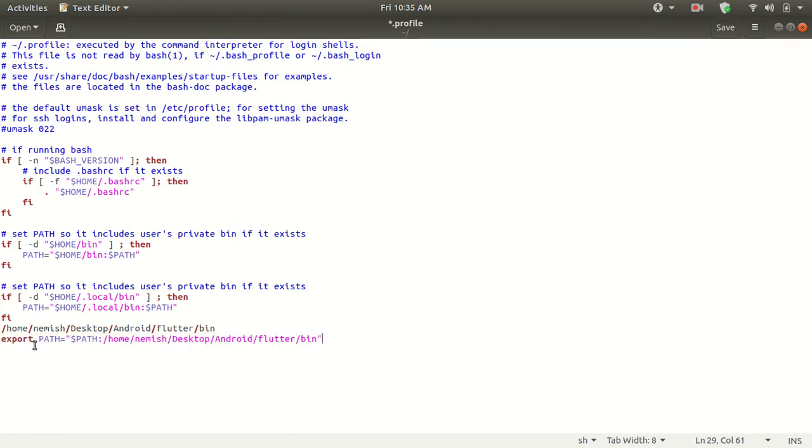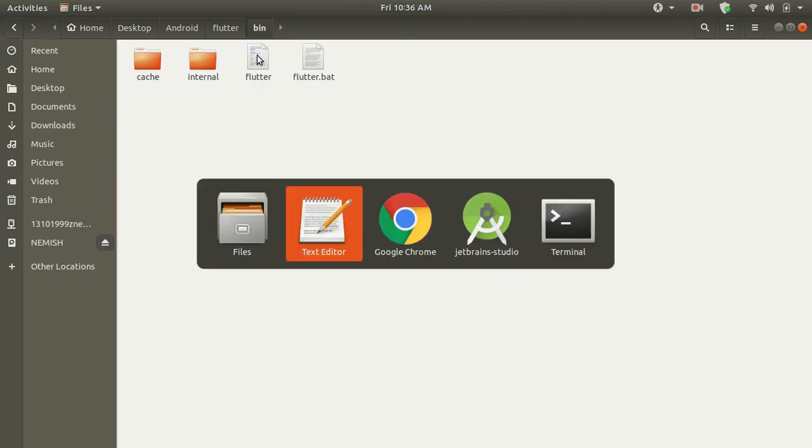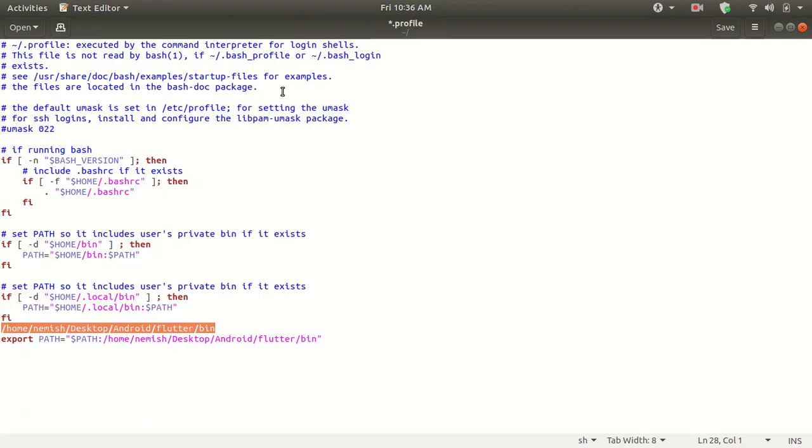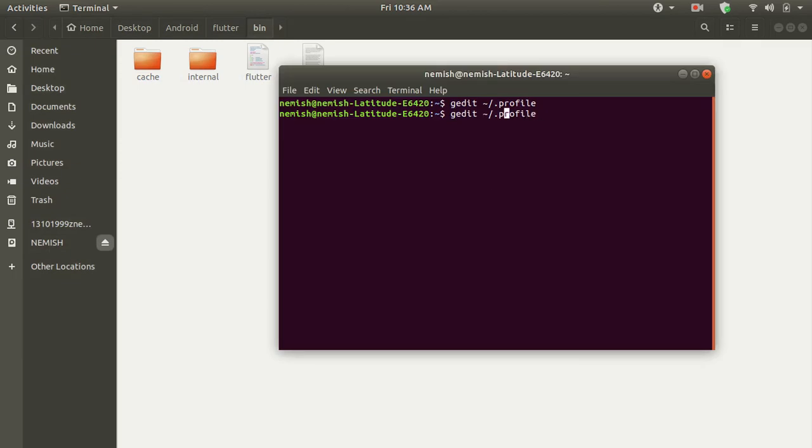As you can see here, first of all the edit command, after that path is equal to, in double quotation, $PATH colon, and just add this line which we just found out from here, as we want to use this bin as a Flutter application. So you have to add this line in your profile and just save it. After saving this file, you have to write one more command. If you do not want to log in and log out or restart your computer, just use this command,